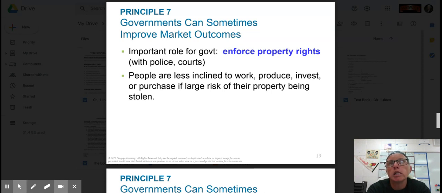Like when you see the pharmaceutical business, and sometimes we're like, whoa, those prices are outrageous, and it does stink. But if they didn't have patents to be able to monopolize on those higher prices for 7 years, we also wouldn't get those life-saving drugs, because what's the point of trying to make them if you know you can't make money off of it? Like I said, people are much less inclined to work, produce, invest, or purchase if they know their intellectual property or just their property itself is being stolen.